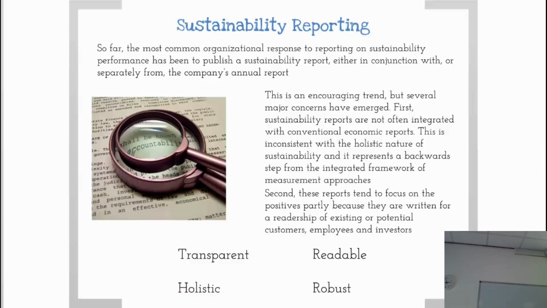And a lot of companies are starting to get in trouble. They're being found out for basically fiddling their reports or saying things that aren't strictly true. They used to be seen as marketing reports, lovely photos of the community and people so happy. But then people have got a bit upset about this and we're starting to see them a little bit more robust now.